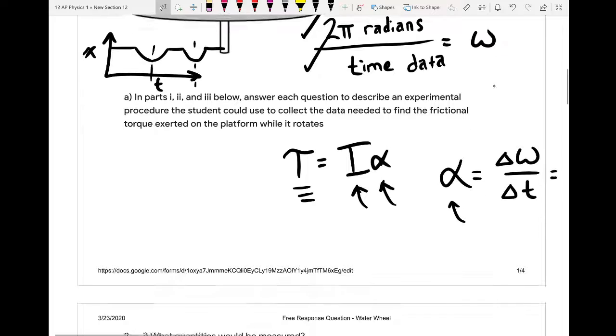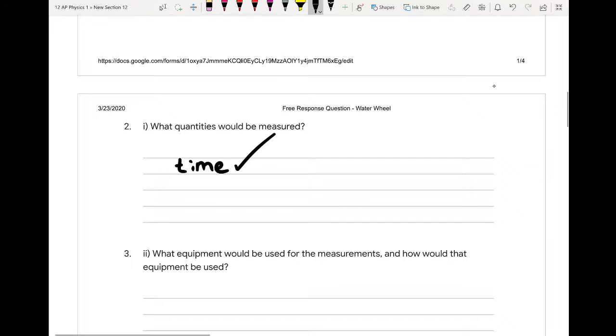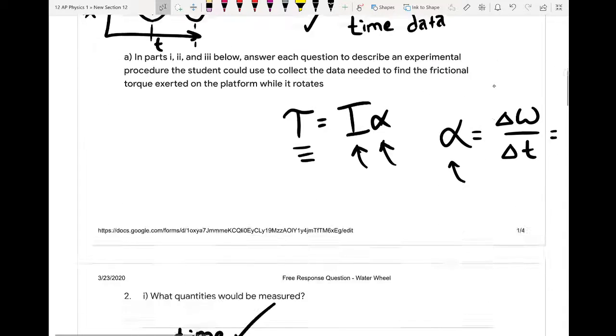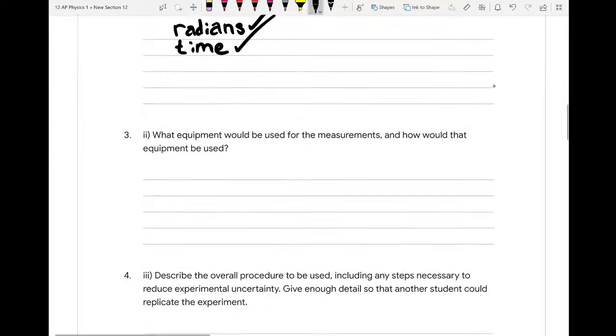But why do I want the radius? I actually don't. My bad. I just want to measure time actually. That's really the only thing, because we know that this is 2 pi radians. I guess technically I'm measuring the amount of radians, but if I'm doing a slow motion video, alright,